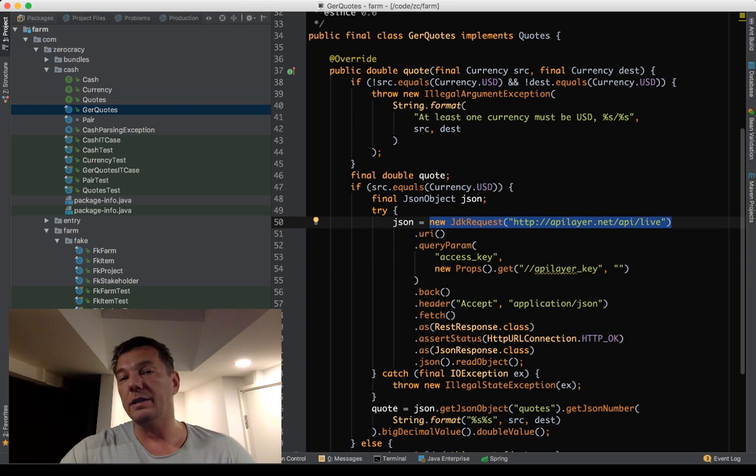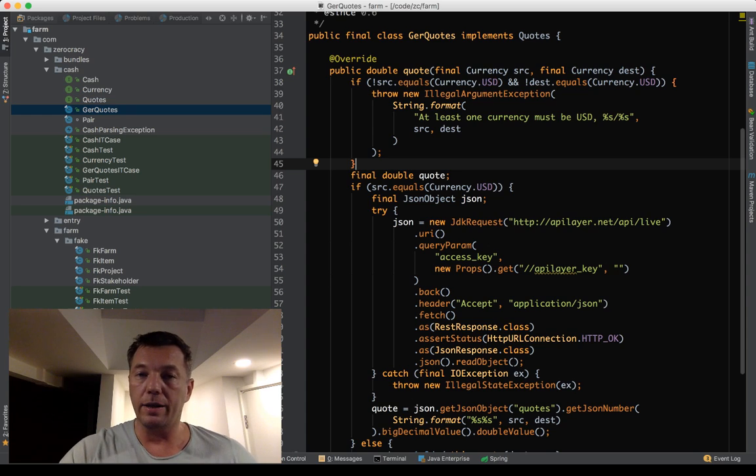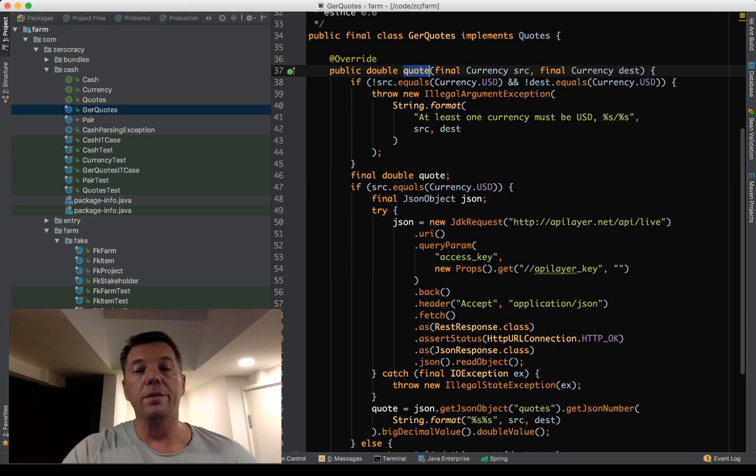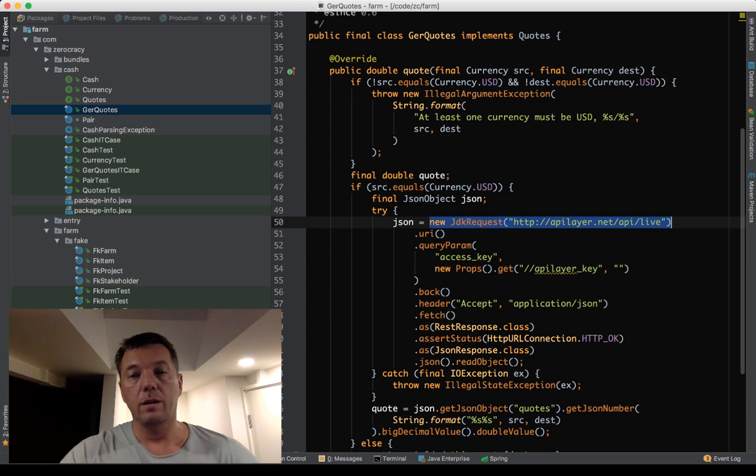The instance of this class is made right inside the method. So from the outside, I cannot do anything with that. I cannot tell this class not to touch the network. I cannot tell it to do something else, maybe use some fake data, or some mock implementation of this API. It's not possible. No matter what I do, the moment I call this method, the network will be touched. This makes the class impossible to test.